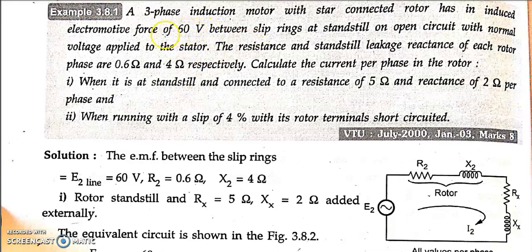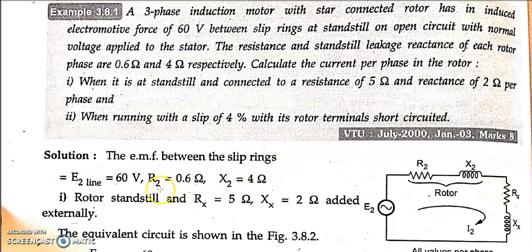So they are telling us the electromotive force, that is the voltage, is 60 volt between slip rings, meaning between any two phases the voltage is 60 volt. If they say between two phases, it is actually in the rotor part. So in the rotor part we have E2 and not E1, so we are taking E2 here, not E1. Everything given here is with respect to the rotor part. In the rotor, E2 exists, and precisely it is E2 line, because we are measuring the voltage between two lines, and it is 60 volt. And R2 is already given as 0.6 whereas X2 is 4.